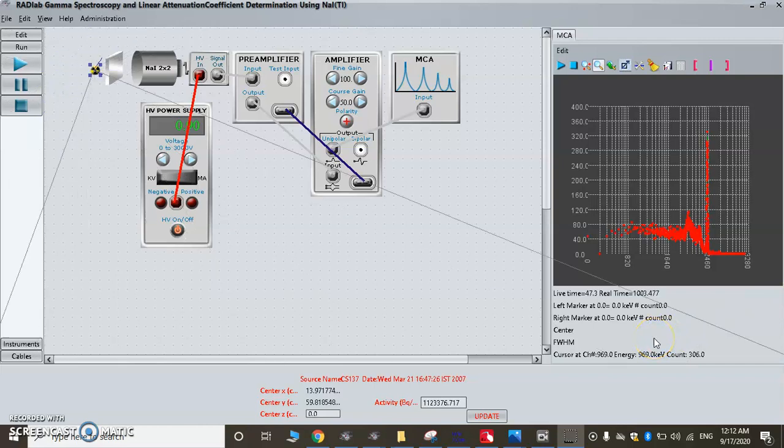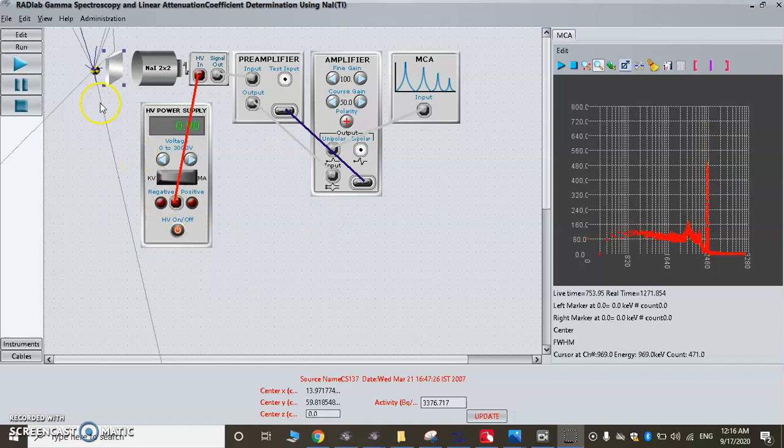The benefit of this type of virtual lab is we can change the radioactivity of the source, because in a lab we prefer a weak source due to less harm, but here it is a simulation, so we can change the activity. Here we change the activity, and you can clearly see the count increasing. Let's update it. So we can increase or decrease the activity at our own desire.